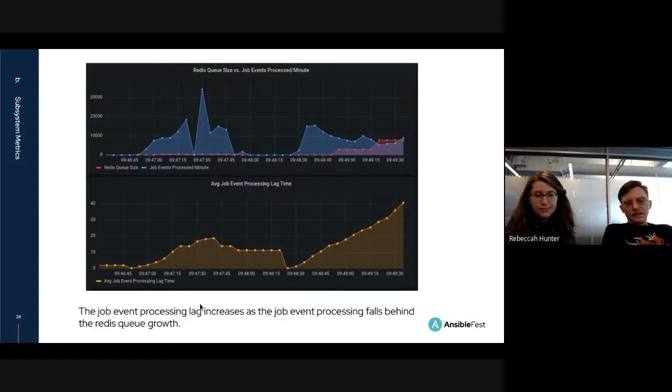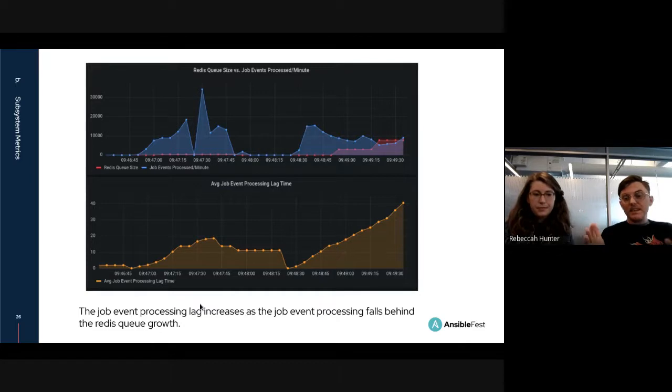Yeah, so to get a little bit deeper into that, one of the reasons why we can't tell you this number is too many events to have in Redis is because it depends on the size of the event. They might be a kilobyte, they might be a megabyte. So we don't know how much memory it's actually using unless you're monitoring your system memory usage, right? But this you see on the bottom side of this Grafana graph, we have the event processing average seconds, or as we call it, the lag time.